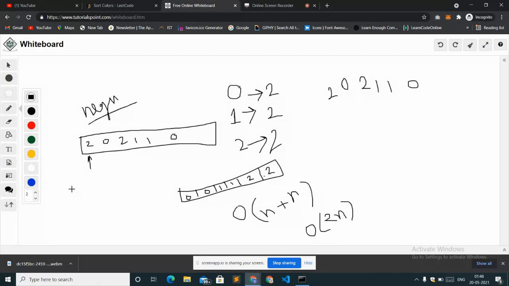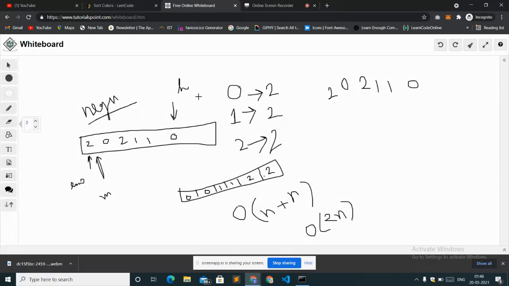One pointer is low, which indicates the starting element, and one pointer is high, which I am denoting as h, which will be the ending index of the array. You need another pointer which is basically mid.